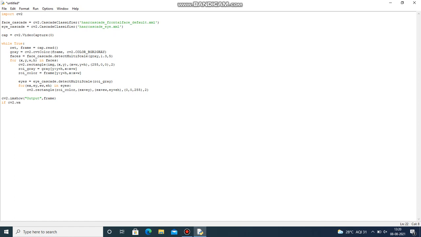If cv2.waitKey(30) and 0xFF equals 27. If you press a key that is 27, I think it's the escape key, you have to give break, and then let's give cap.release. Now let's give cv2.destroyAllWindows.